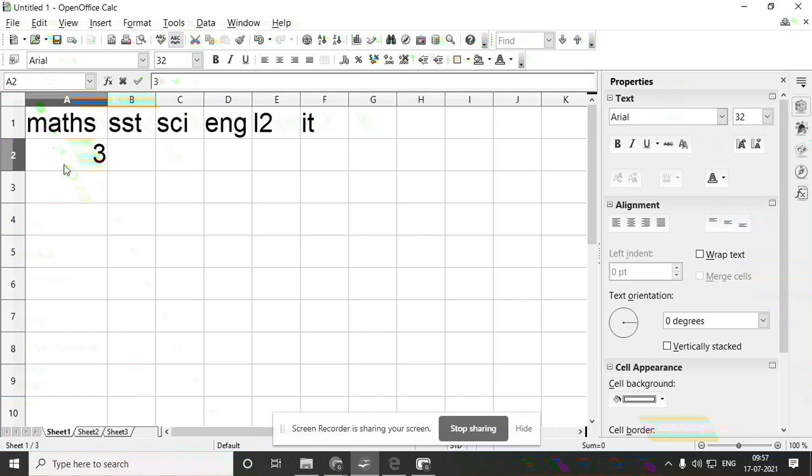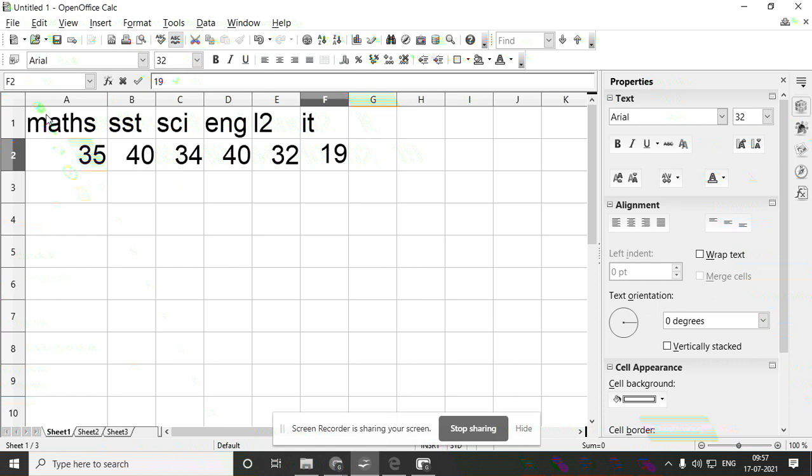Suppose she got out of 40, 35, then 40, she got science 34, 40, 32, and IT 12 or else 19.